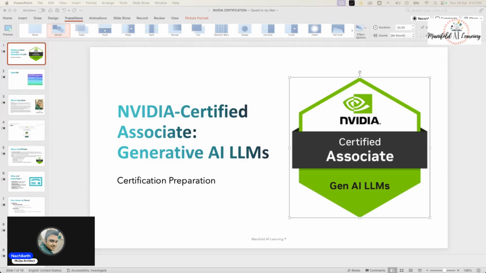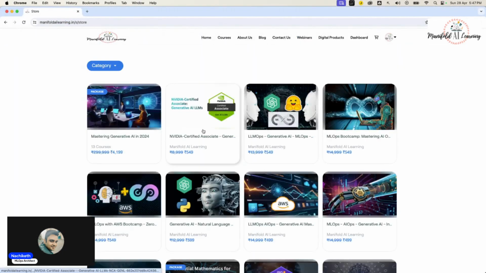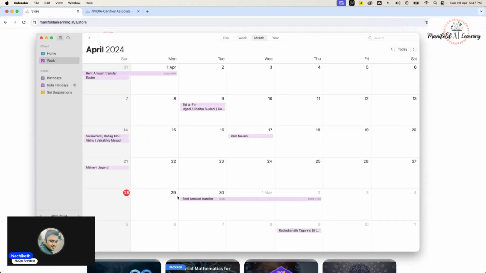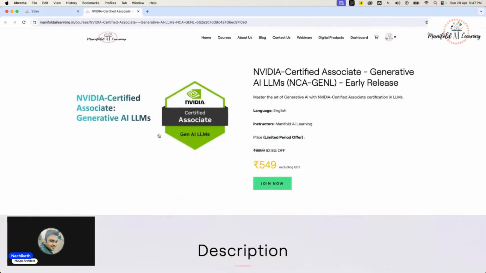Okay, for generative AI, what I would recommend is, since the NVIDIA Certified Associate course work is something I'm going to start from the following week, by the fifth or sixth is when I would start working on this course with the team of Manifold AI Learning.